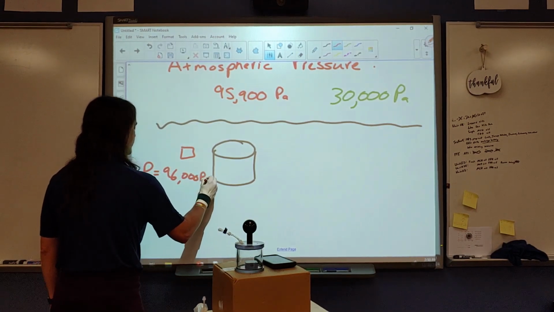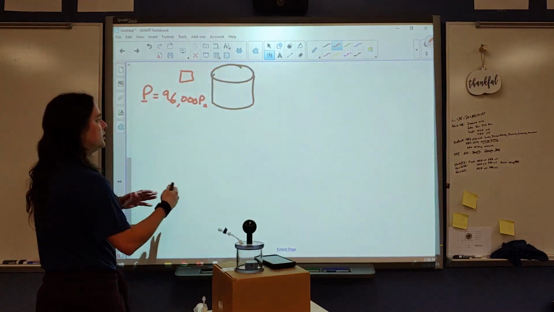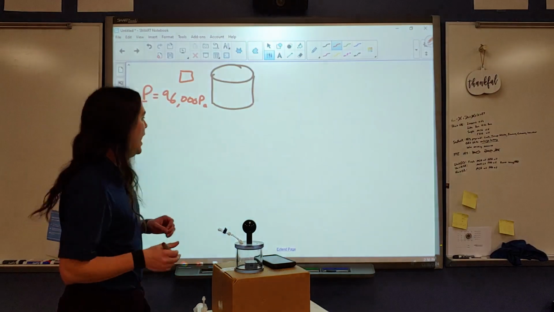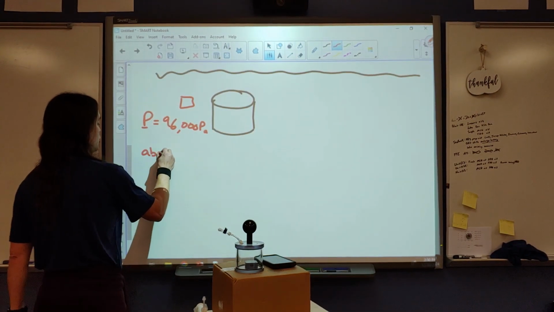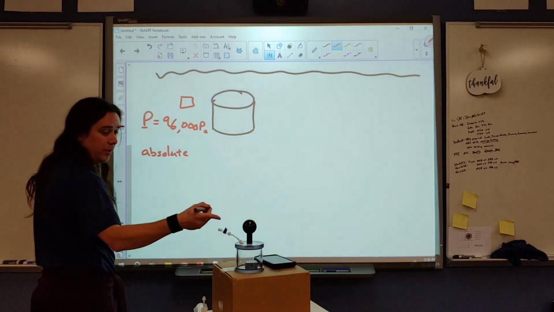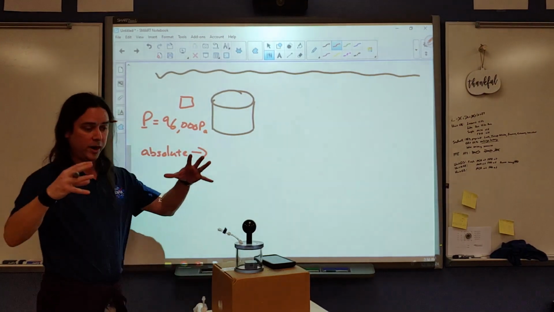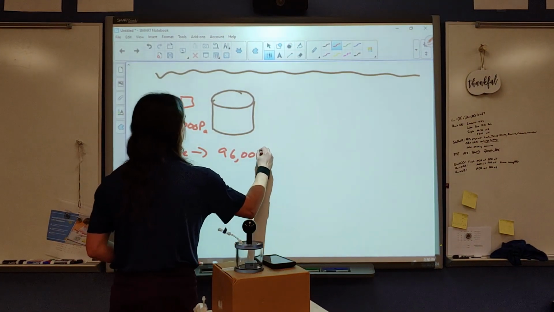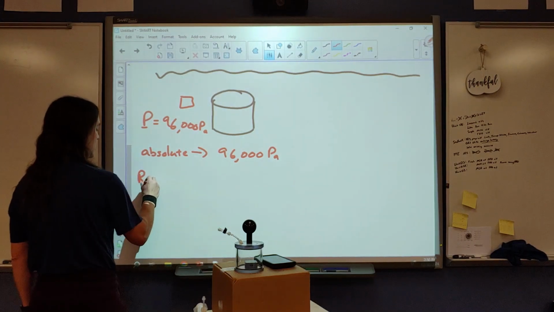96,000 pascals. What you can do with your reference pressure is this: if this is what the entire area is around with, I could approach this in one of two ways. I can either have this as the absolute pressure, which is what this thing is actually measuring, and that would tell me the actual pressure, how much it's being squeezed, is 96,000 pascals. Or, here's where the reference pressure comes in,